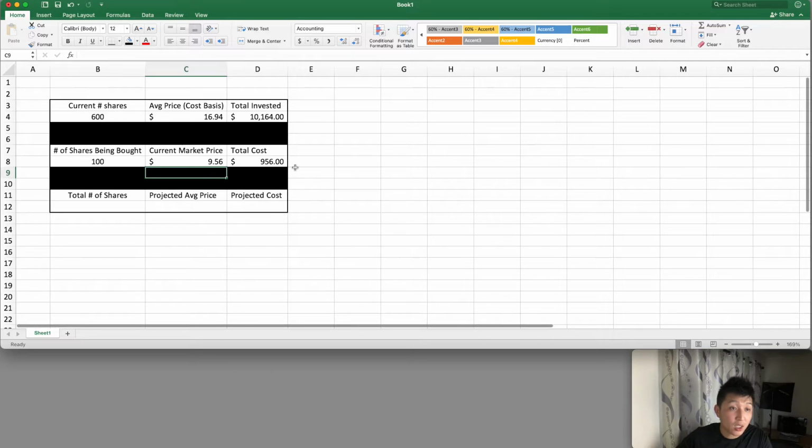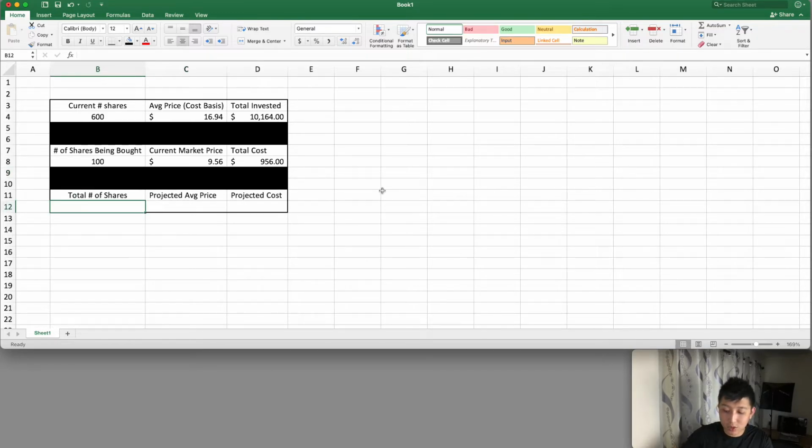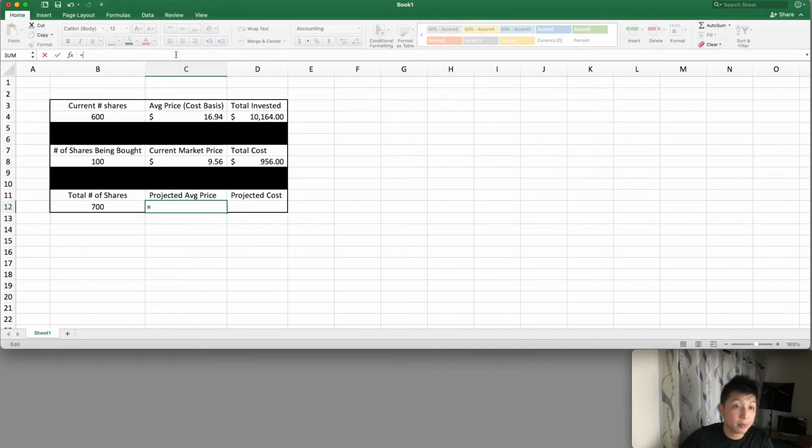$956, right? So then the total number of shares, make sure to fill this. It's going to be this number, this cell, plus this cell will give me my total number of shares, right? And my projected average cost, this could get a little bit complicated. So what I'm going to do is put the equal sign right over here and do a parentheses right over here, and then it's this number, this cell